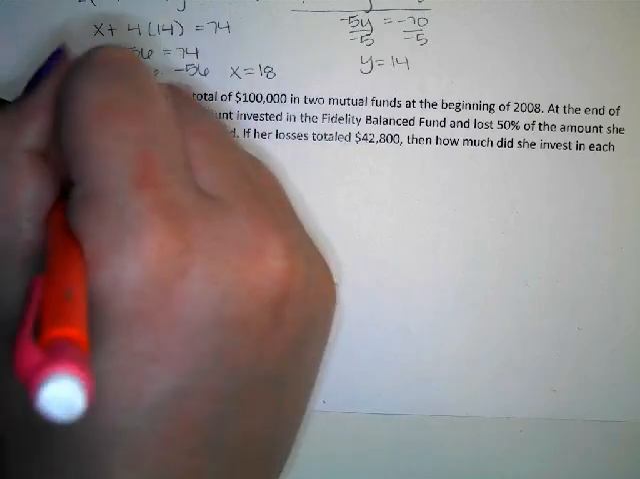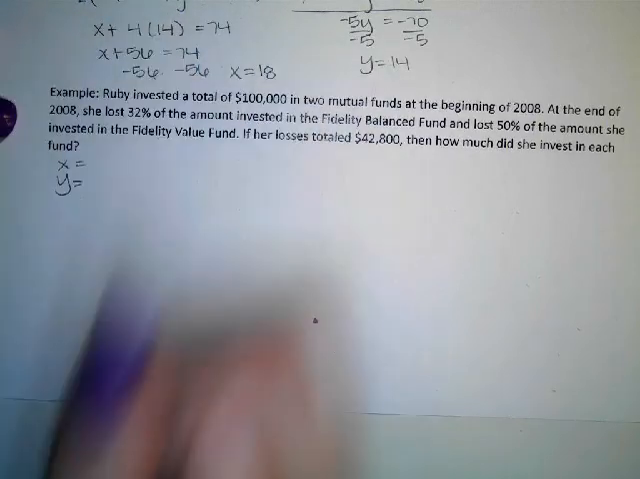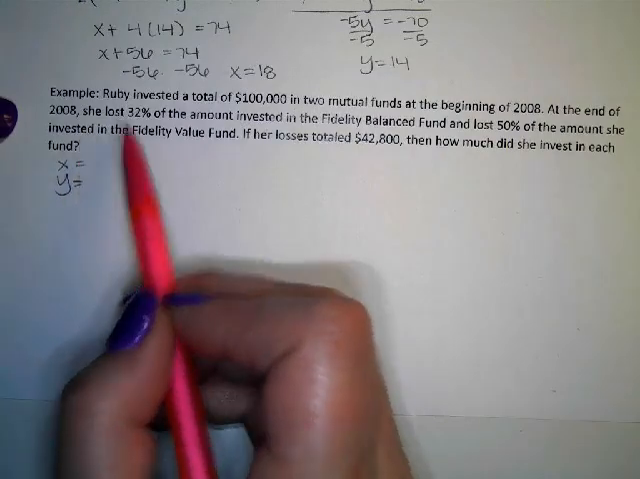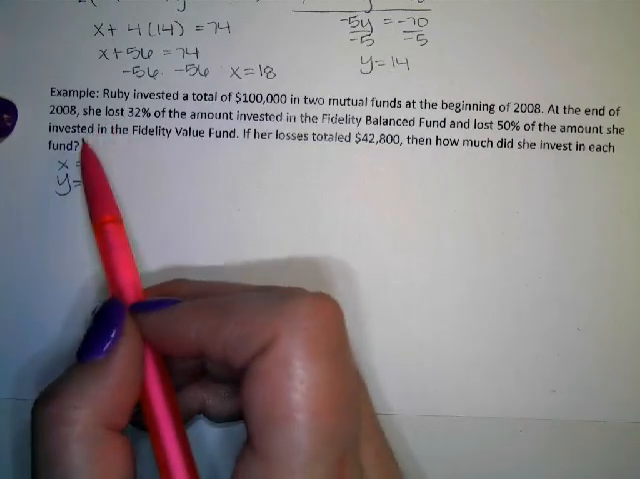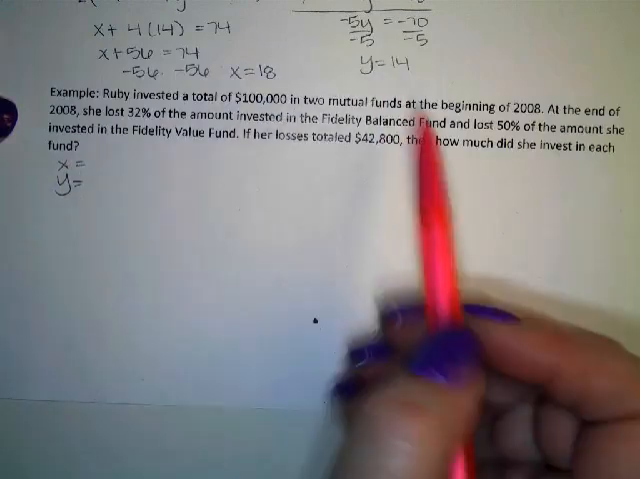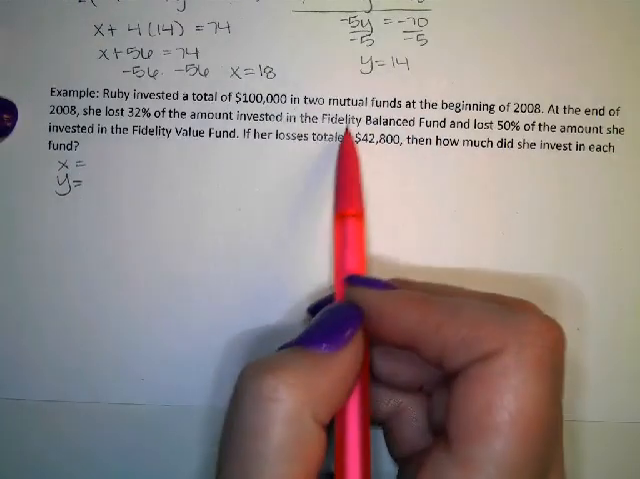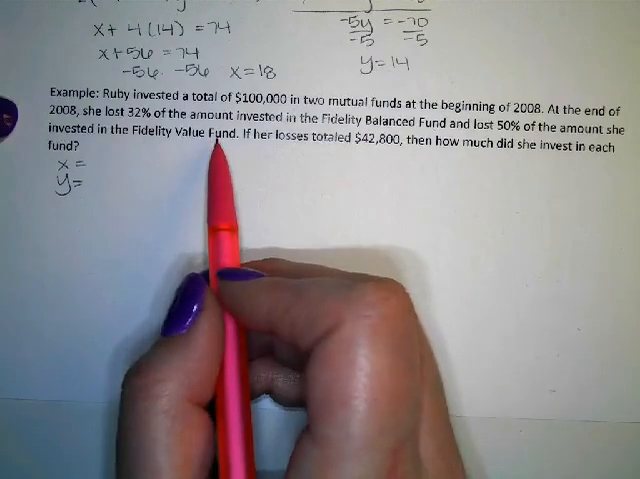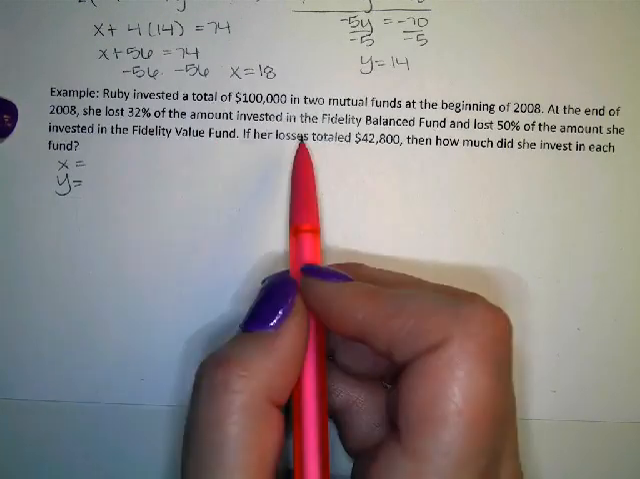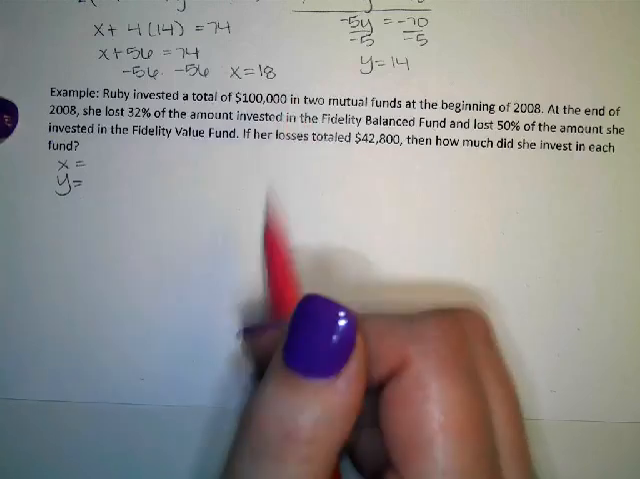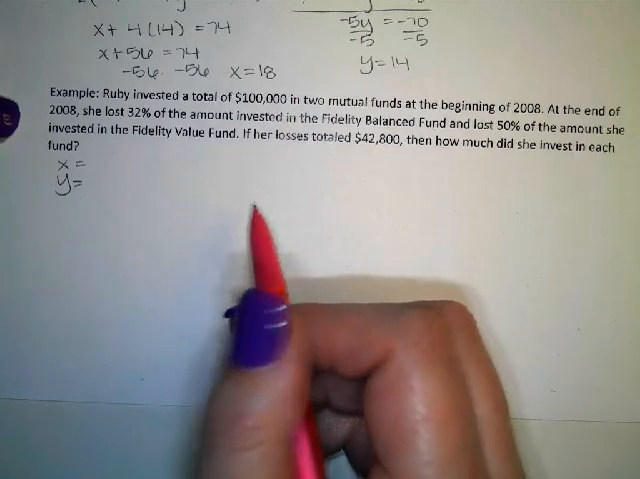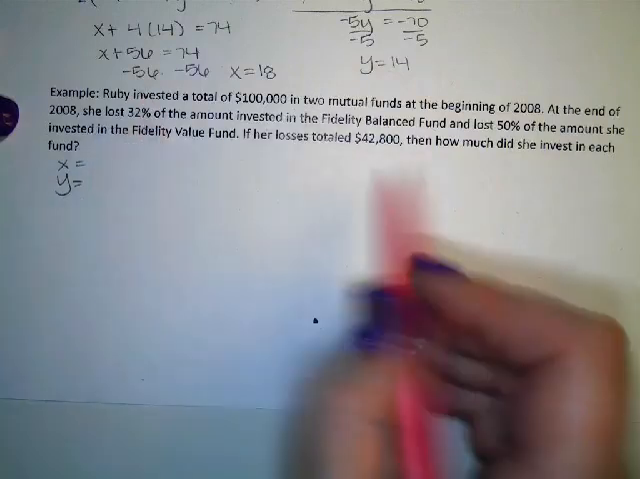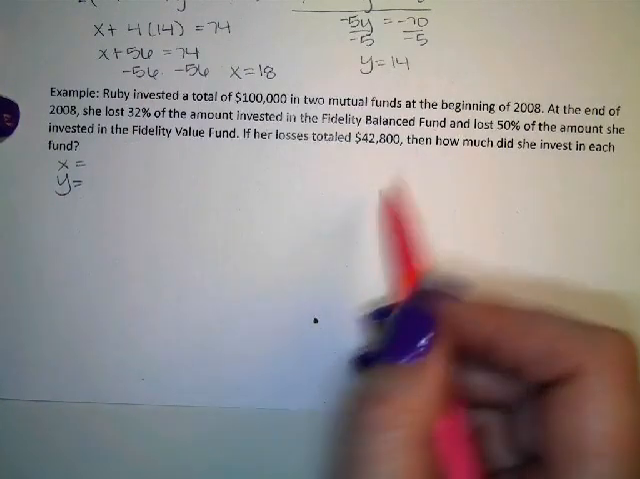it's easy to start off and just automatically say X is, what was the first one? Fidelity Balanced Fund, and Y is Fidelity Value Fund, but that doesn't tell me what about those funds. Is it how much she lost from each fund? Is it how much she invested in each fund? So we need to be specific. So if we look at the question to help us be specific, it says, how much did she invest in each fund? So if we look back and see if it makes sense,